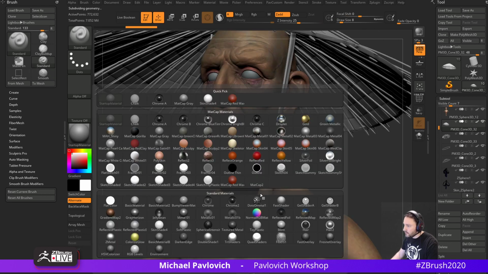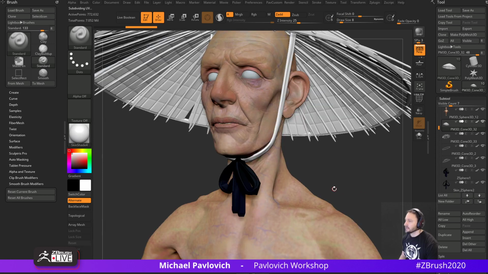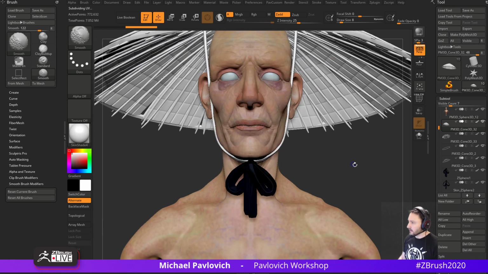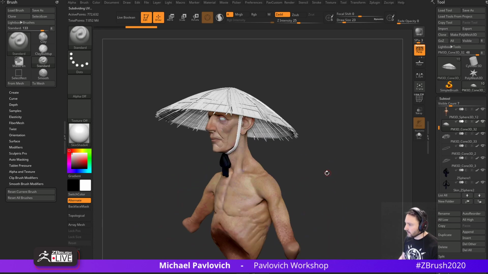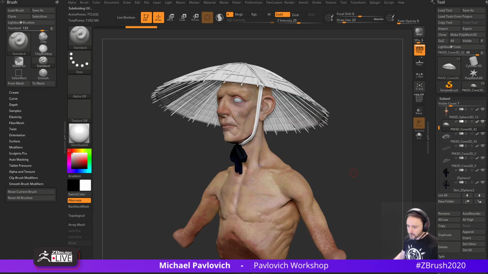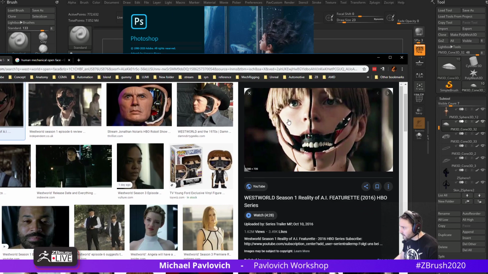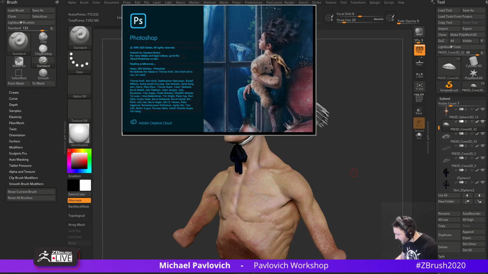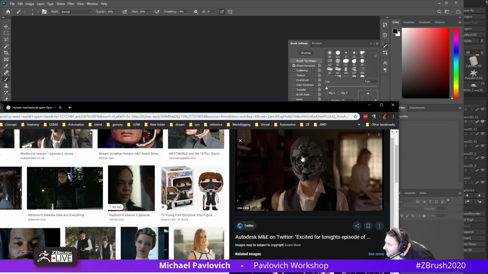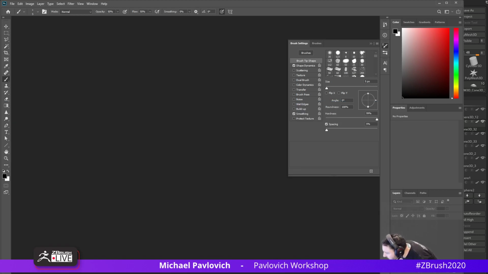Yeah, okay. So I'm going to switch over here to a skin shader so we can see his colors a little bit better. So this is what you ended up rendering, and then in Photoshop we were doing some stuff too. So I want to see if I can find some reference. So I've got this type of reference. This is what I want to do with his head and have that kind of, we can put some mechanical-y stuff behind there. They do have a, let me see if I can find the Westworld,